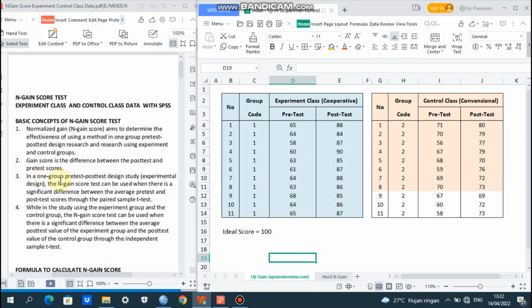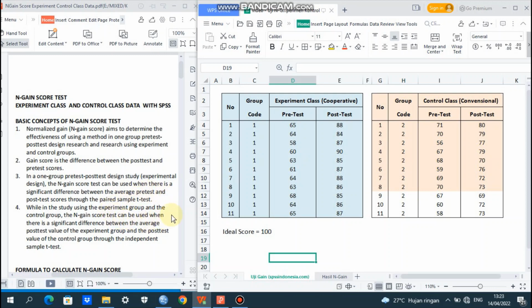Number three, in one group pre-test post-test design study, experimental design, the N-gain score test can be used when there is a significant difference between the average pre-test and post-test scores through the paired sample t-test.